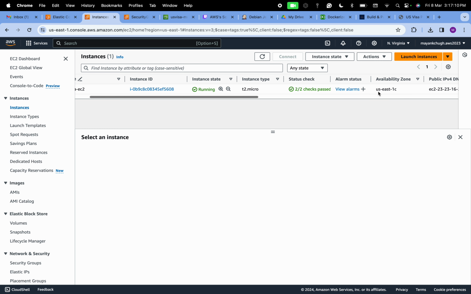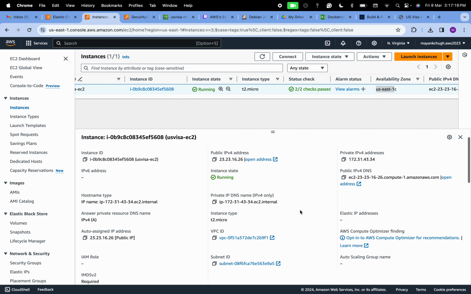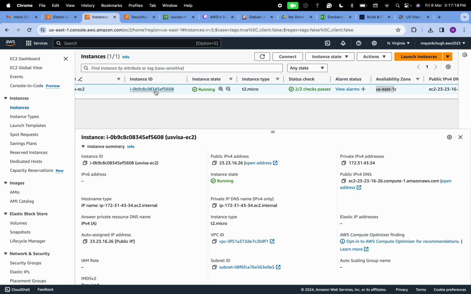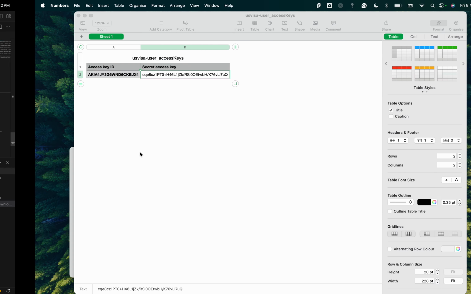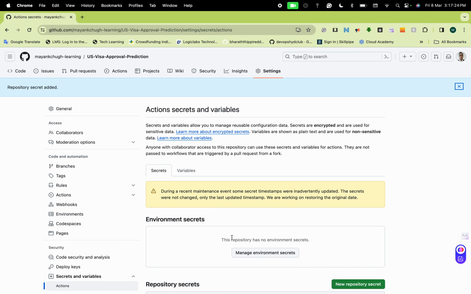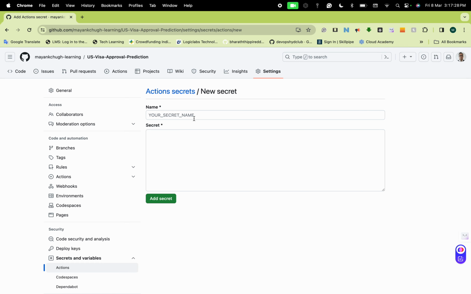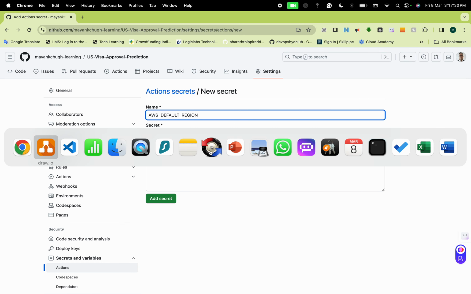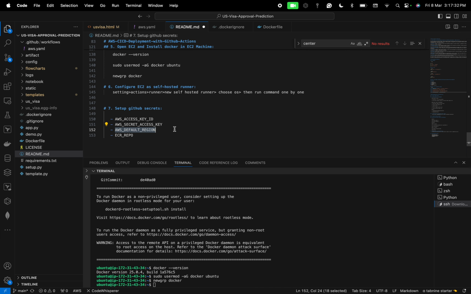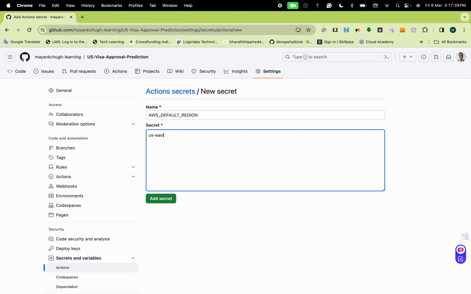You can see that it is deployed in this US East 1. Okay, so let me go back to that, and I have to create another one. Basically my default region. I have to copy it from here, paste it here, and then I have to give US-east-1, add a secret,